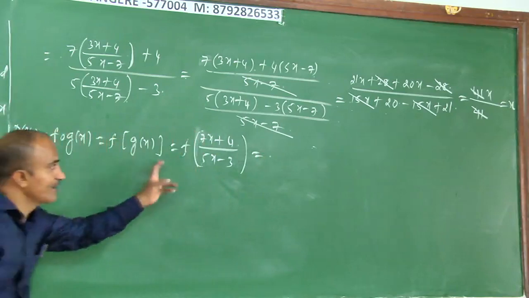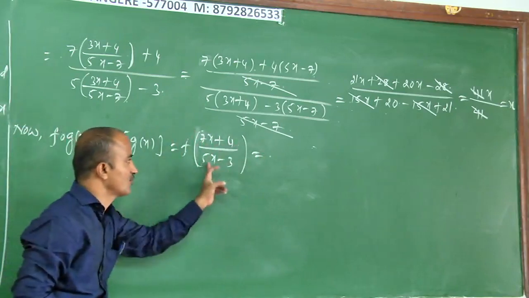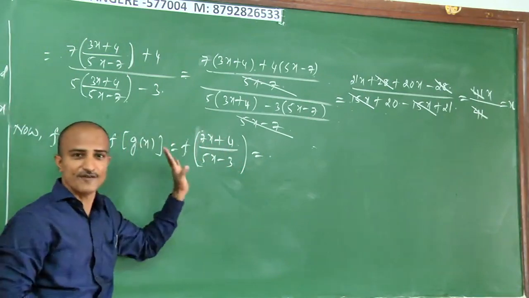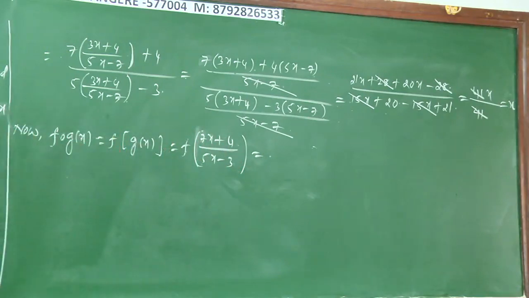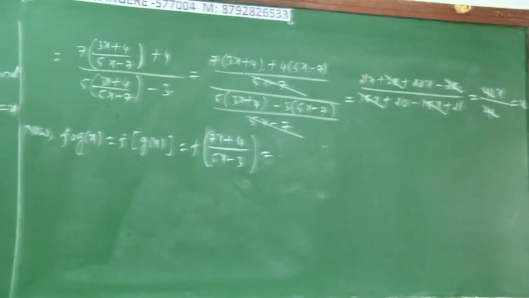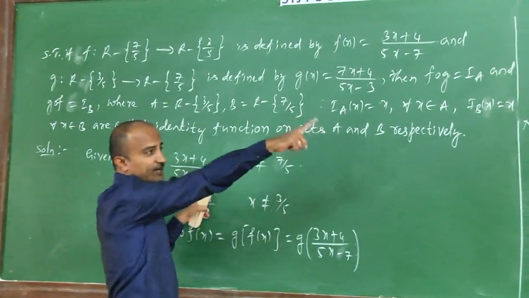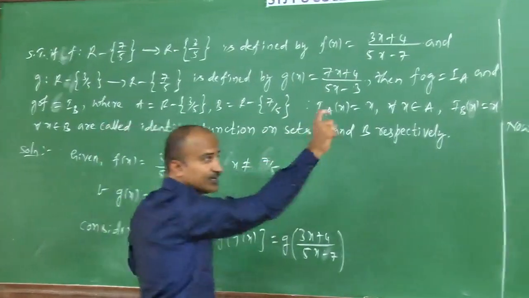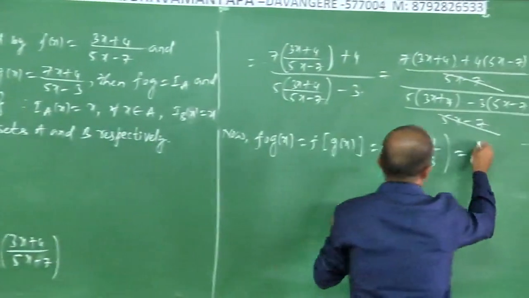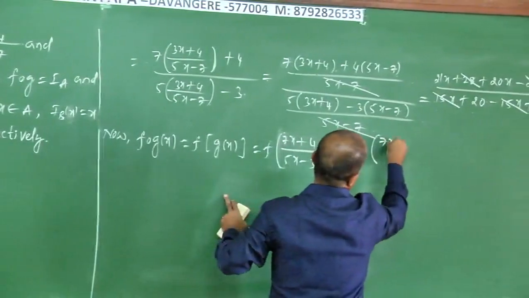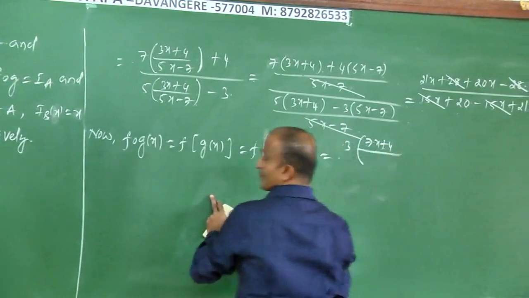Now, see how to find f of (7x+4)/(5x-3) by the given definition of f(x), where f(x) is given as (3x+4)/(5x-7). But in place of x, we have (7x+4)/(5x-3). Therefore, wherever there is x, replace the x by